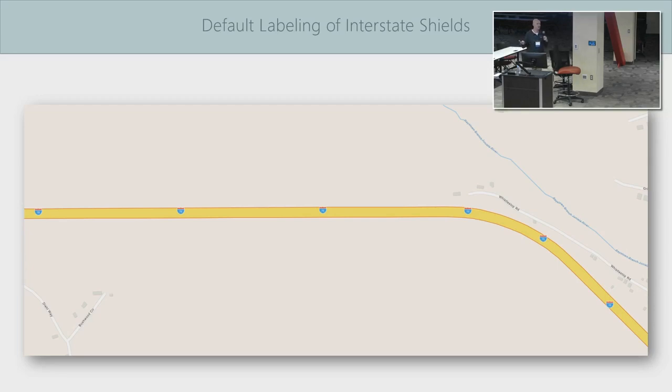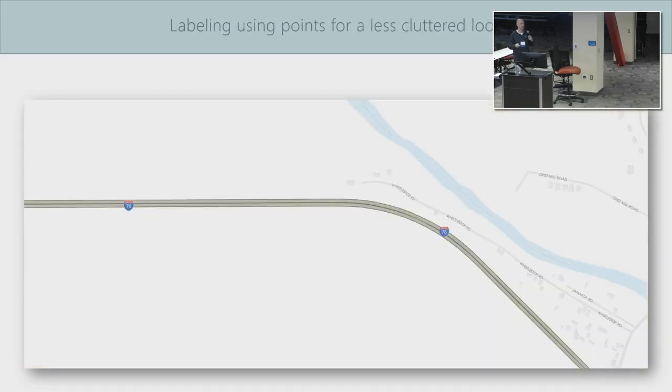But we couldn't figure out, labeling just wouldn't solve it. So what we did is we actually converted the road to points and just labeled the points along the road. So we actually had a little bit of control. We couldn't do it with the labeling, but we could do it with a little bit of GIS magic to add labeling exactly where we want it by using points.